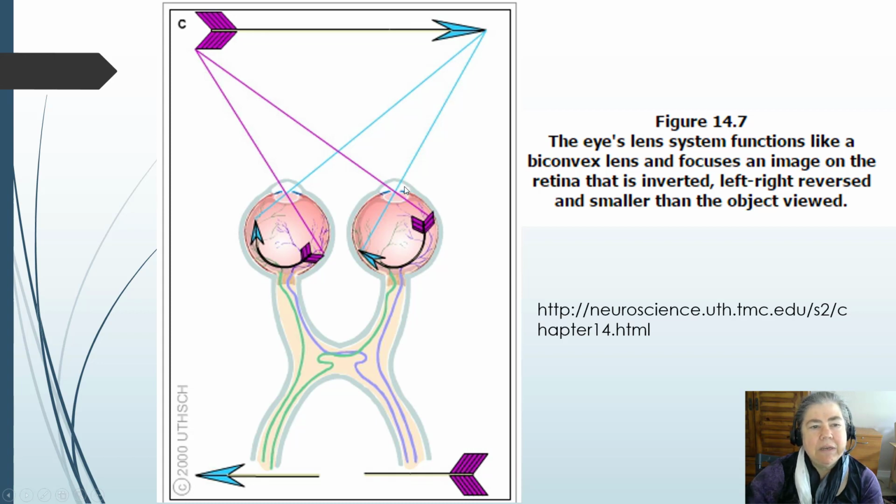We're probably looking down from the top here, which makes this the left eye and this the right eye. The temporal half of the retina of the left eye is receiving the tip of the arrow, and the nasal half of the right eye is receiving the tip of the arrow. Okay, and those